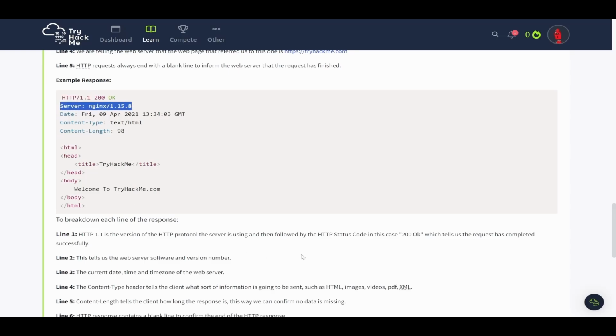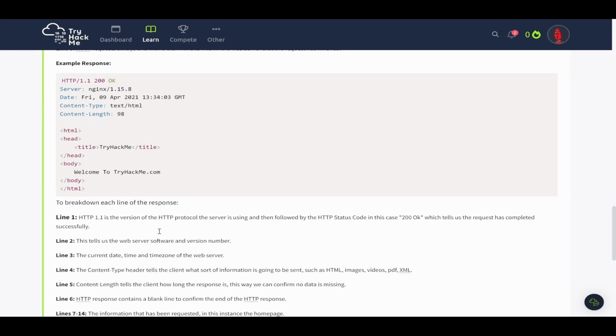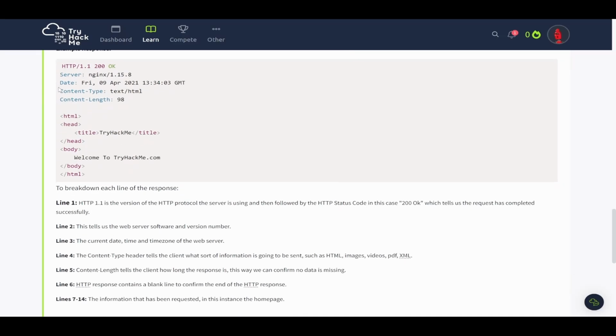This is server information about the actual web server. And so you'll learn a lot more about trying to find information like this, because if you have an outdated web server, you can find it here sometimes, not always. And then line 3 is going to give us the date and time. Then we have the content type, which is on line 4,